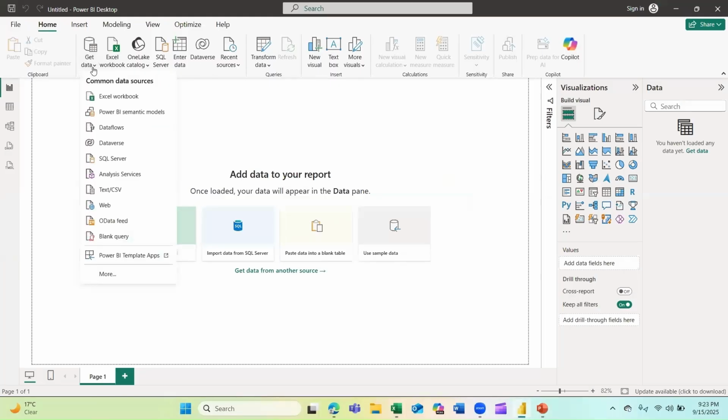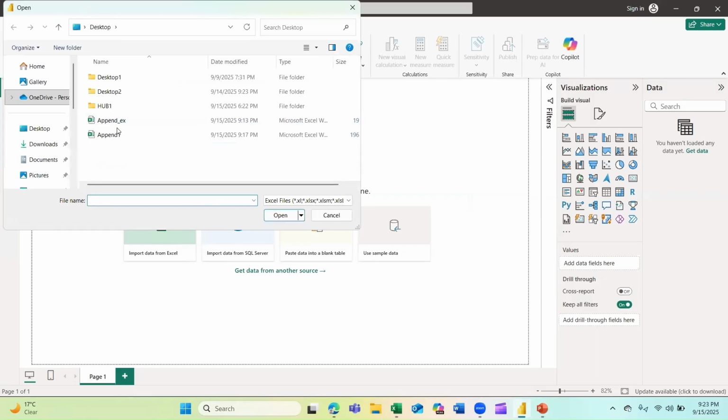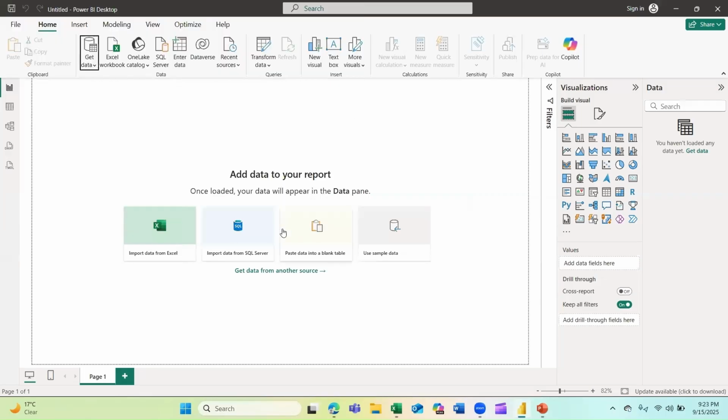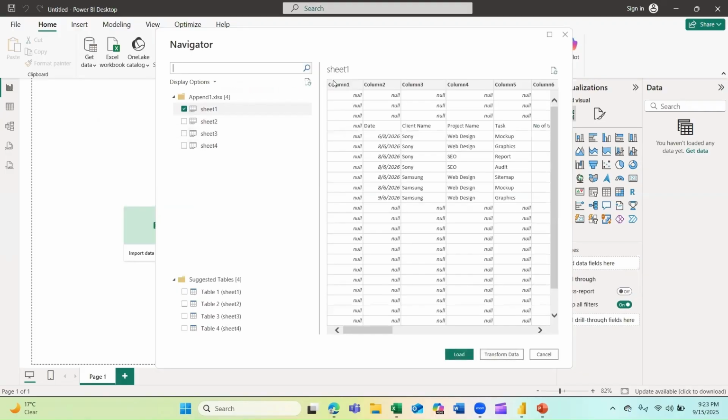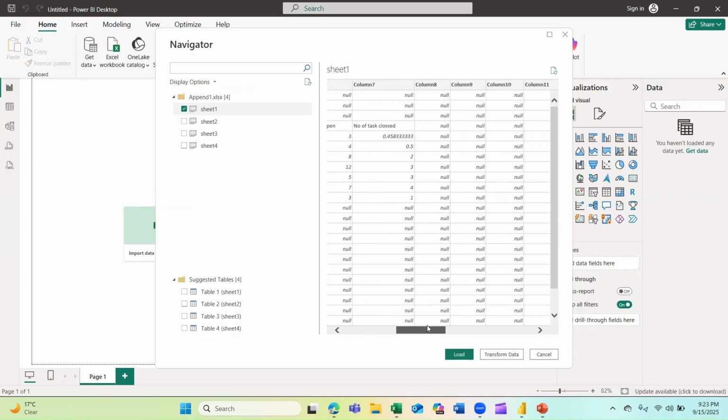We go and get data, we look for our Excel file, which is on my desktop, and we connect to it. Now we see all our four sheets. If I click on the first one, in this image we see how the data looks.